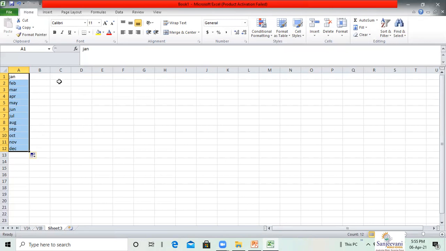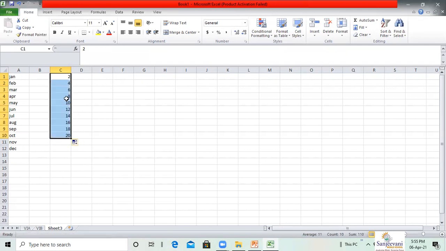Now we will see how it is generating a user defined series. This was a predefined series. Now for a user defined series, what will the user define? I need to give the first two consecutive values, 2 and 4. Now I will keep my mouse pointer on the fill handle and move down. And this will fill my series automatically. You need to specify the initial two values for a user defined series.